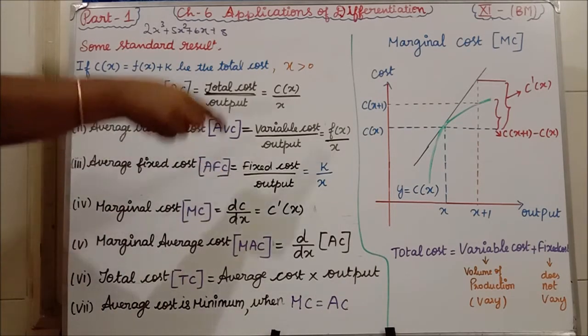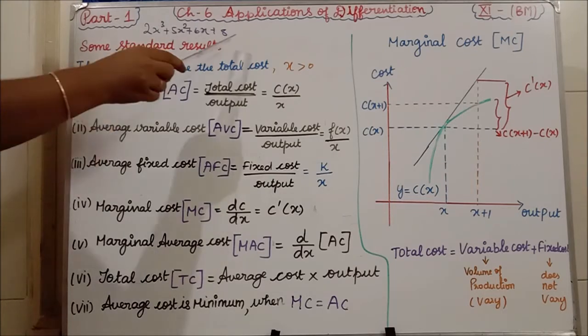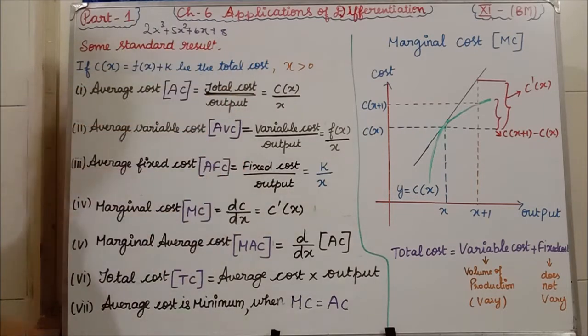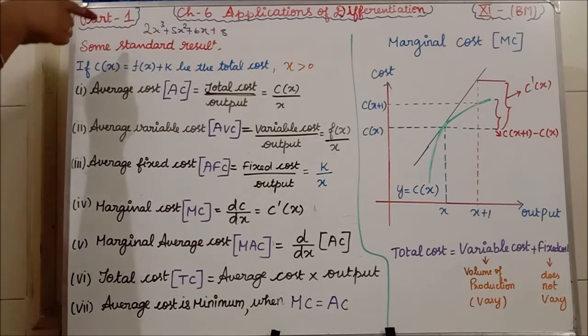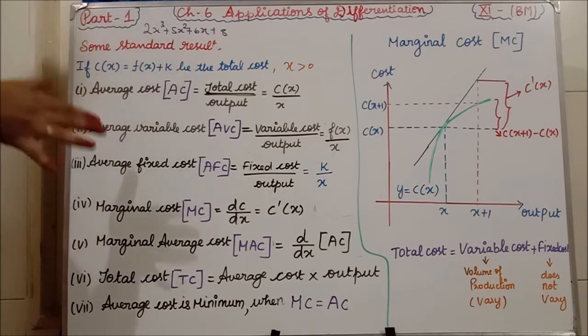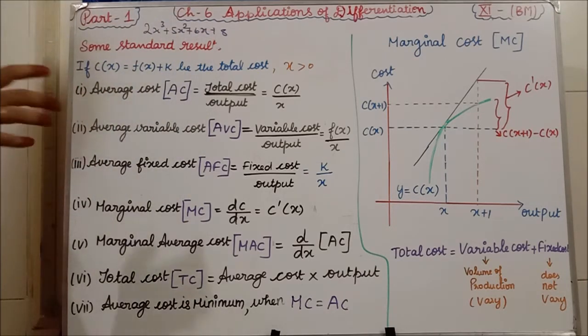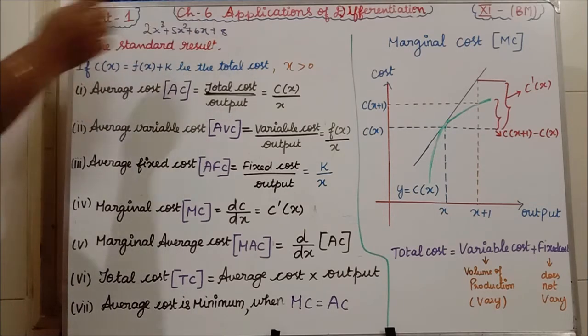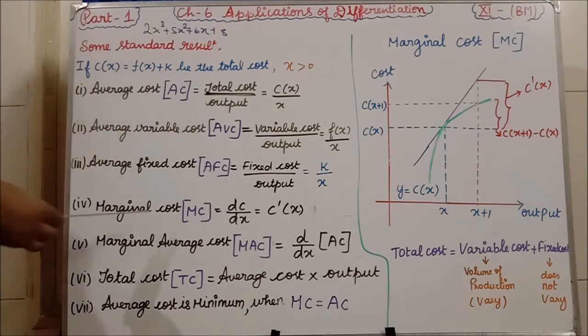Fixed cost is nothing but the constant term. What we are having, 8 divided by x, like that you have to write. Students, not for all problems will the cost be the same; it will vary. For example, I have written like this. Next one is marginal cost.